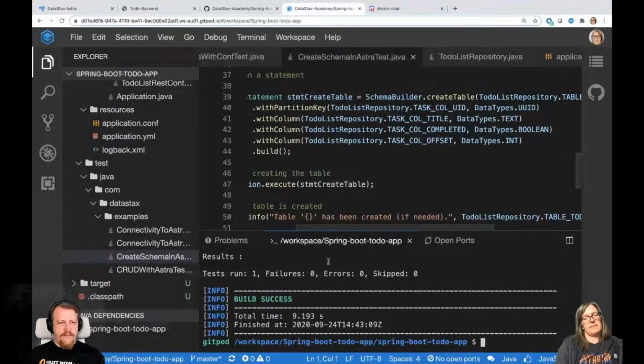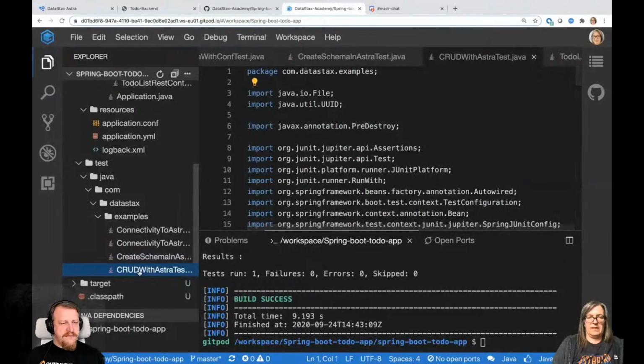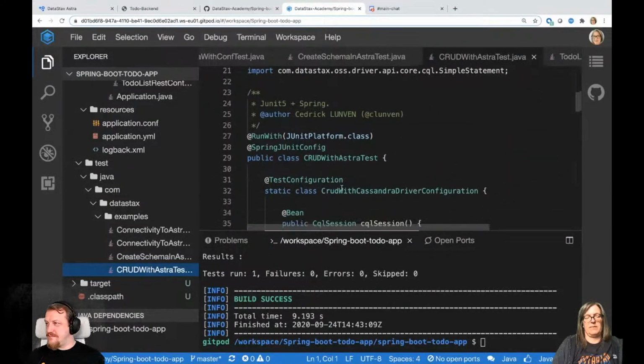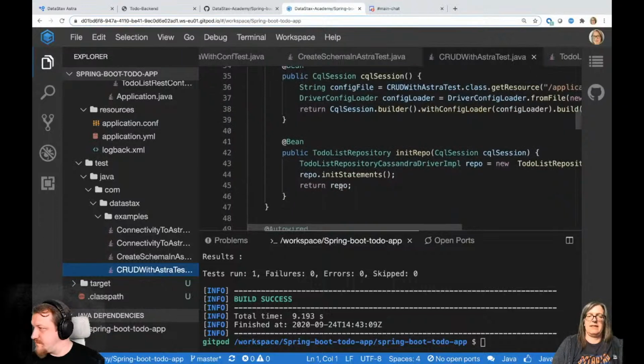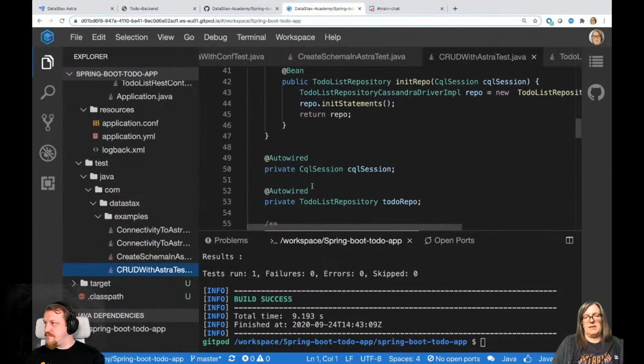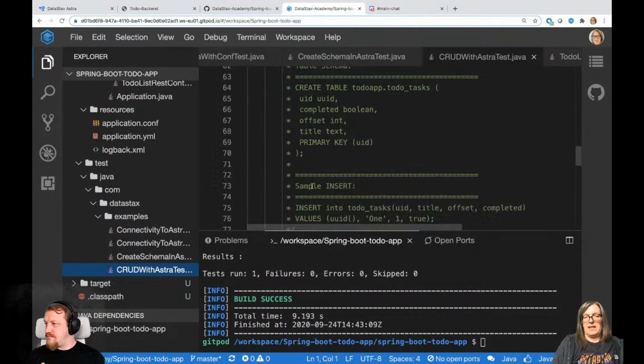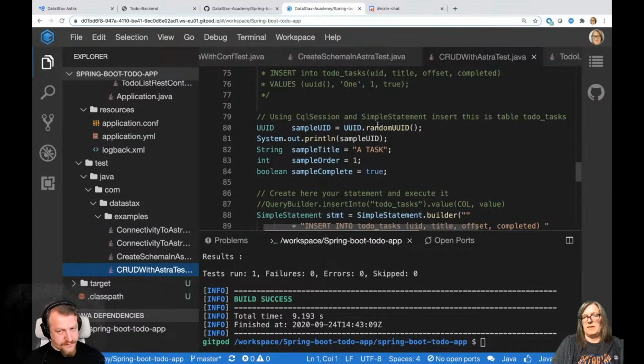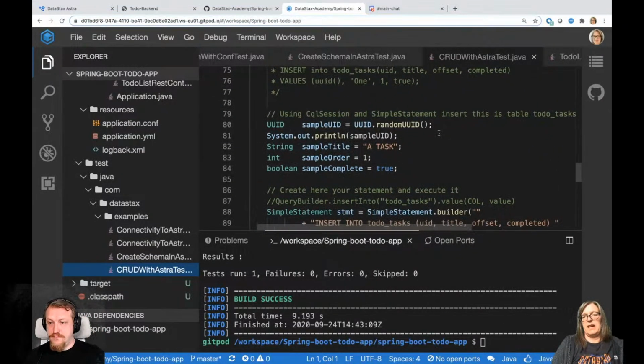And then the next test is all the simple inserts, so that you get some data in there. It's called quite with Astra test, but I've actually removed quite a few of those tests from here in order to make it a bit simpler. So this is just doing inserts. For example, this one is using simple statements to insert some tasks.